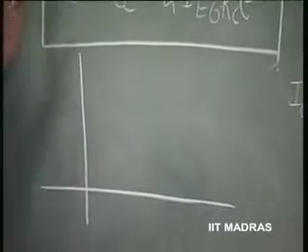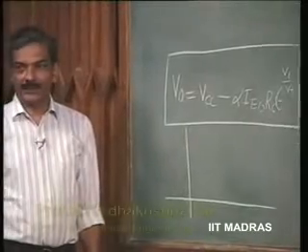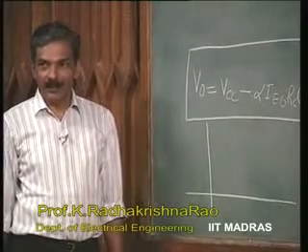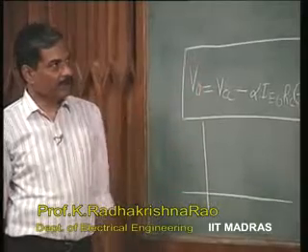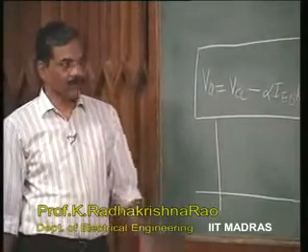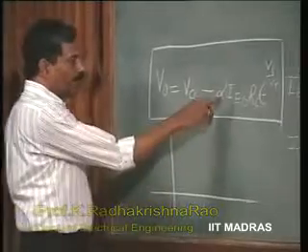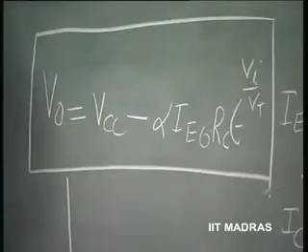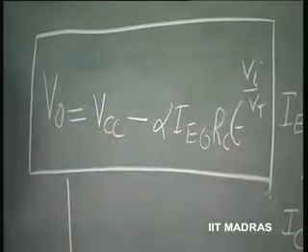This will give you the V naught versus Vi characteristics, the transfer characteristics, for the amplifier. This is the common emitter amplifier, the NPN transistor inverter, as we will call it. We will see why it is called an inverter presently. So, when Vi is 0,